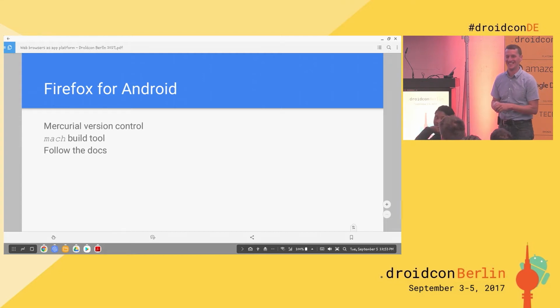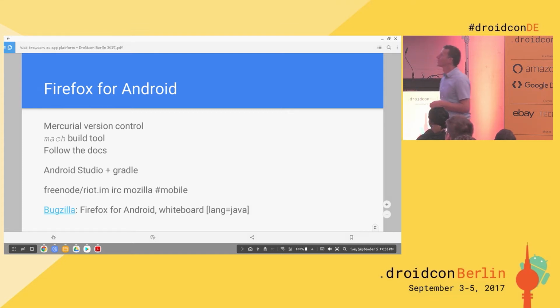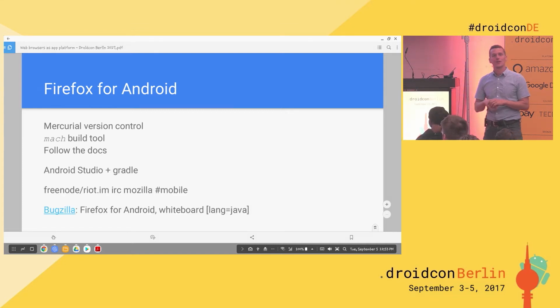Okay. Mach build tools, that's the Mozilla build tools. And then there's also a description where you follow it, explaining a bit more what the Mach tools build. But the nice thing afterwards, you can open Android Studio and have a Gradle build set up. So there's a bit of startup time, but then you're good to go. You have all the Gecko thing in a jar, in the dependencies, and that's loaded into your project, so that's